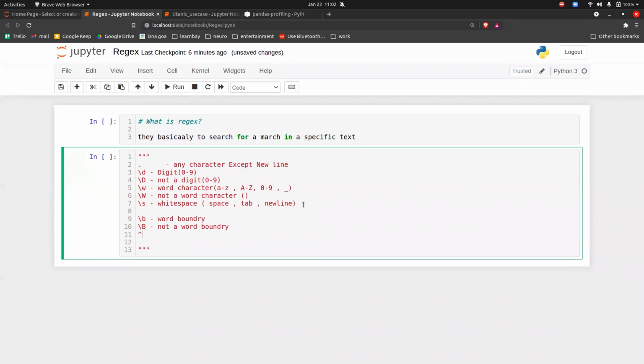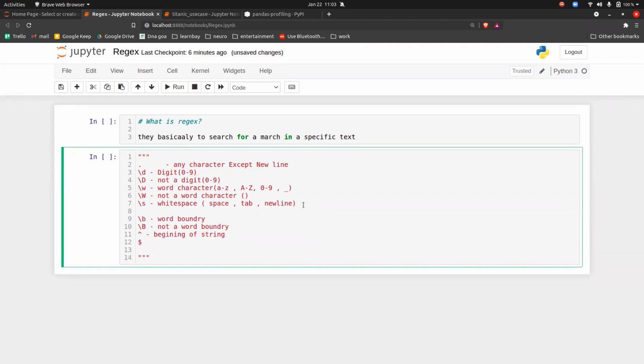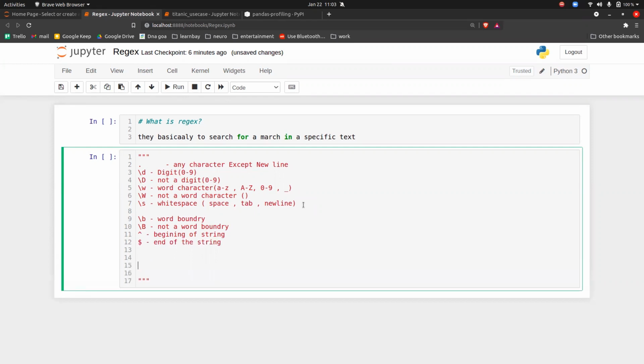Then you have something called the caret symbol. The caret symbol is for the beginning of a string. If you want to extract a string with a particular beginning, let's say if it starts with "the", you can use this particular symbol. On the same lines, the dollar symbol means end of the string. Then we have brackets. The bracket matches the characters in the brackets.